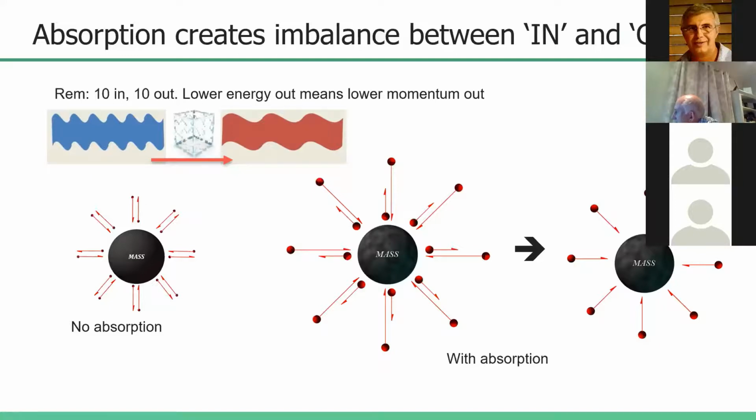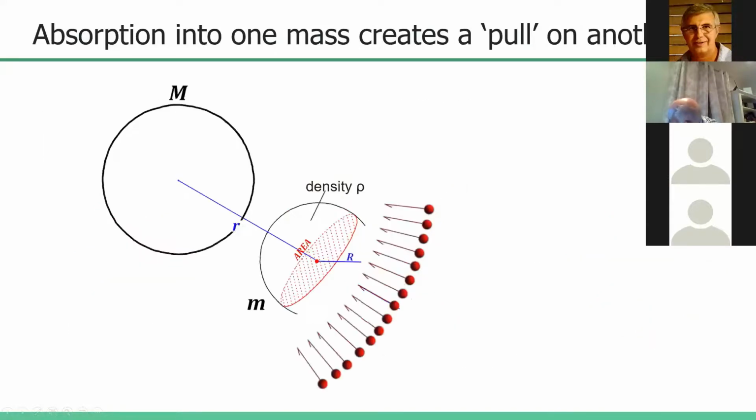So in other words, the flux that goes through any mass, through you and me right now, a small fraction of it is absorbed and slightly less goes out on the other side. So a very big mass like the Earth would have what I call an imbalance around it. Now you bring another mass into the vicinity of it, and it is now being affected by that imbalance. And this imbalance will transfer momentum onto this mass. In other words, it will push it towards that mass.